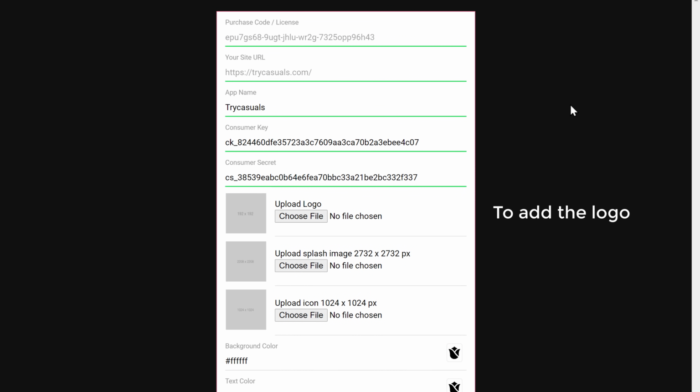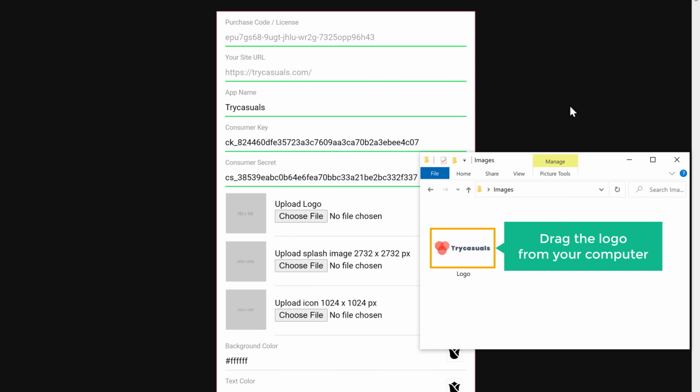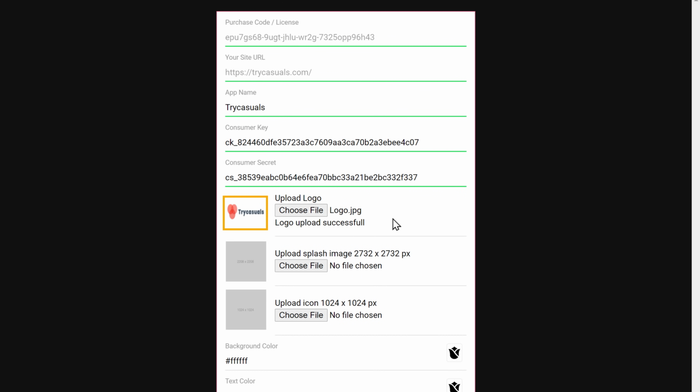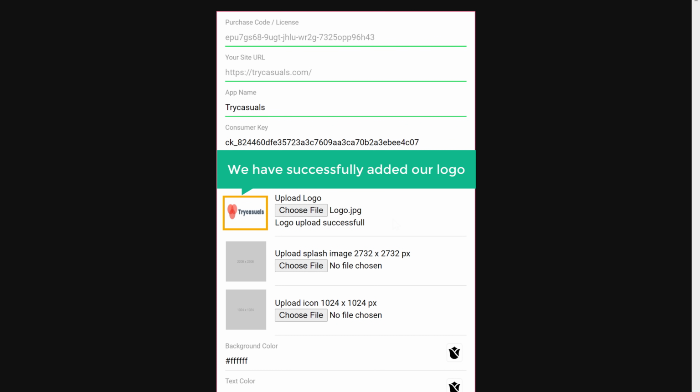So to add the logo, just drag the logo from your computer and drop it here. And as you can see, our logo has been added. So now we have successfully added our logo.